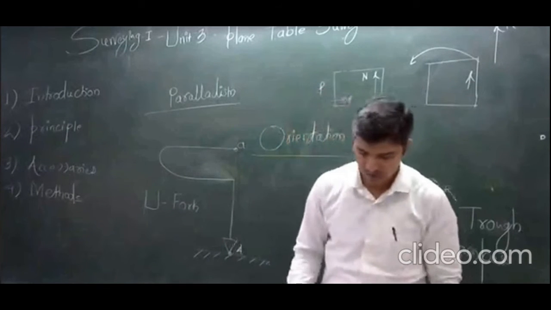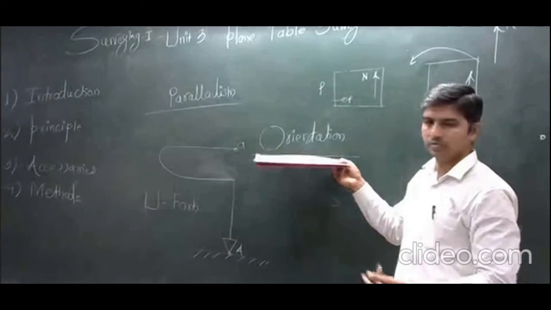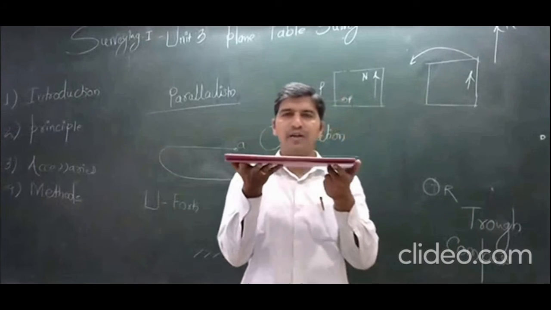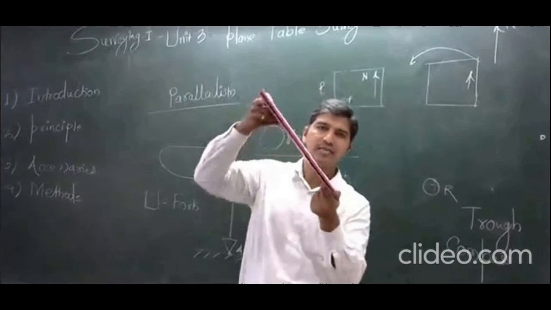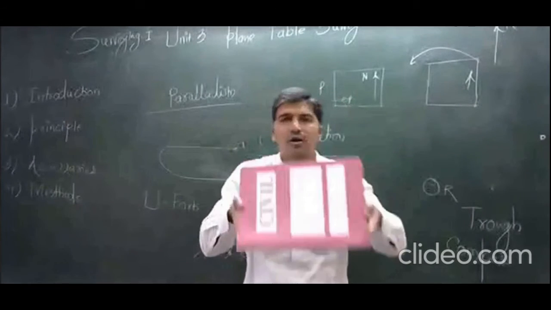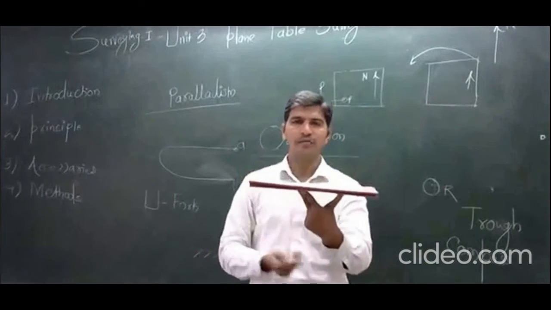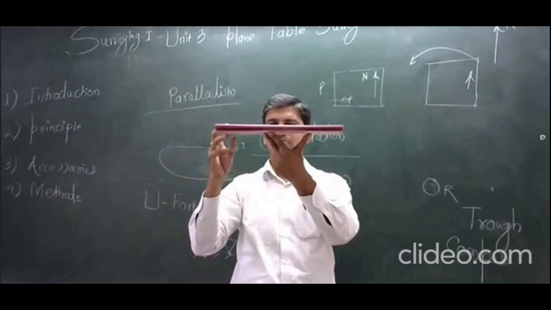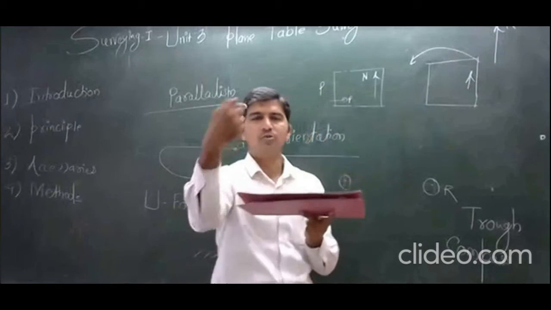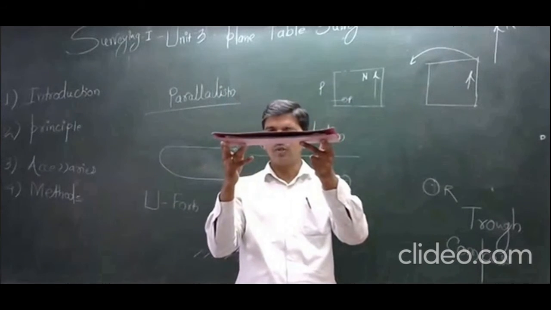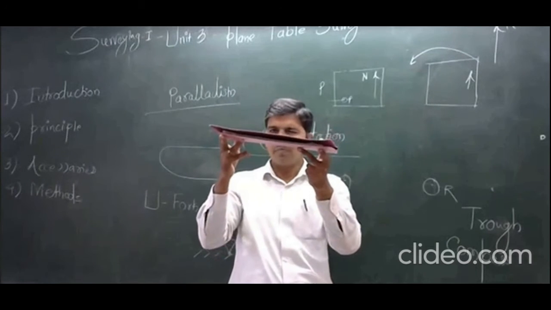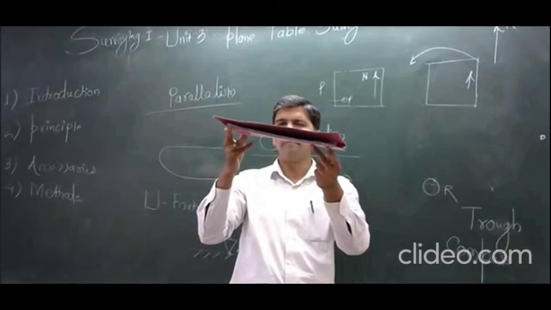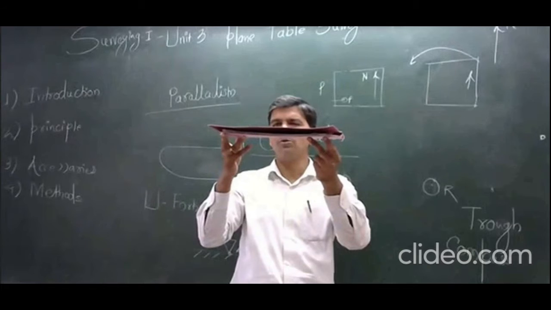Suppose this is my plane table. What we require is that this plane table should be exactly horizontal. It should not be like this, or like this, or in this position. What we require is a single line. From your side, you should see a single line. Did you get my point? From your face, you should see a single horizontal line. There might be some inclined surface, so try to balance it and make it exactly horizontal.